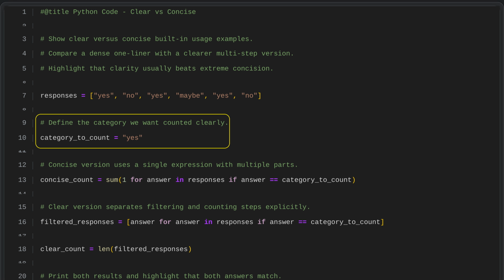We start by defining the category we want to count in the list of responses. By setting a variable equal to the word yes, we indicate that we are interested in how many responses are yes. This choice lets us later use that variable to filter the list and count only the responses that match this category. In short, defining this category up front makes it easy to focus on and count just the yes